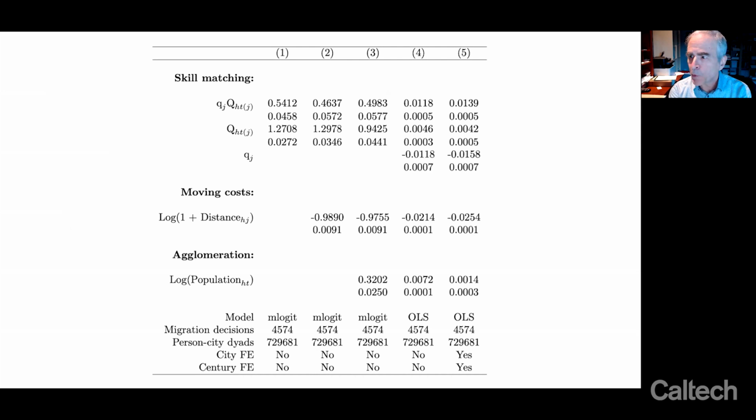So with those operational measures and distance and population, we can estimate these various models. The first three are the multinomial logit versions, and we also run OLS versions in columns 4 and 5. The basic punchline can be seen just by looking at model 3, where all the coefficients are